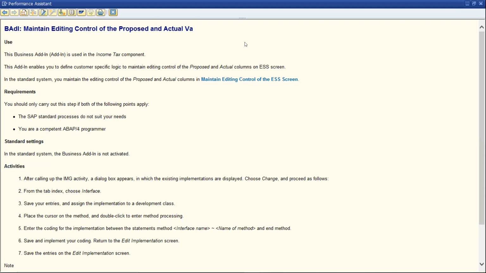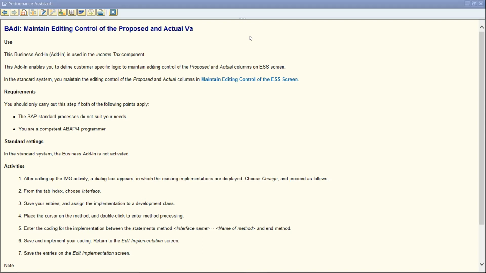In that case you have the option to choose this, and if you have an ABAP team, they can help you write this program so that you can control all these things. So these are the options we have for a BAdI. Using a BAdI, you can manage these customizations. Is that clear? Yes, sir.